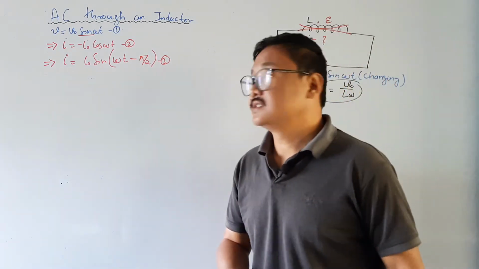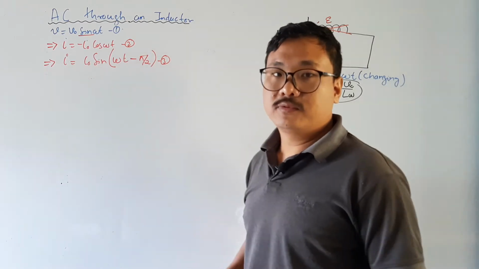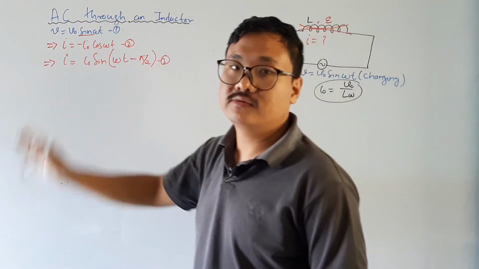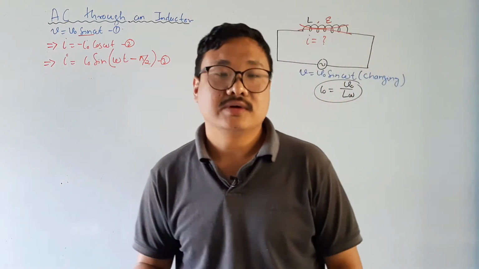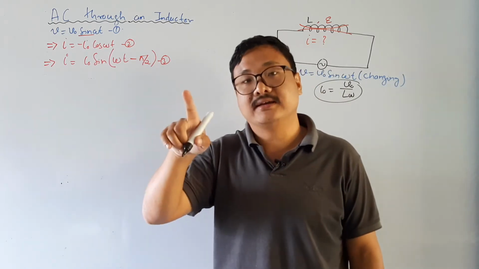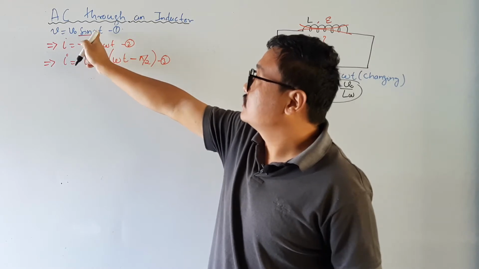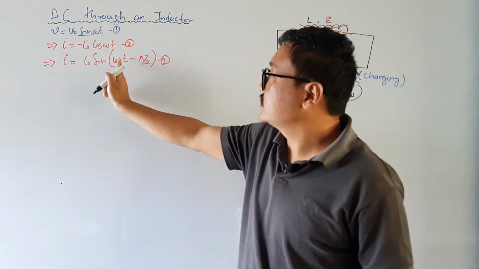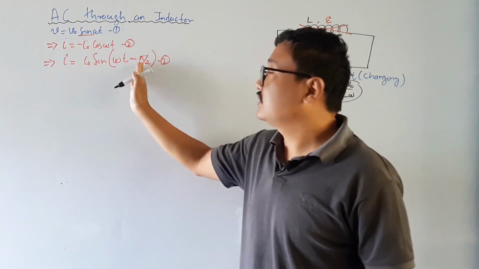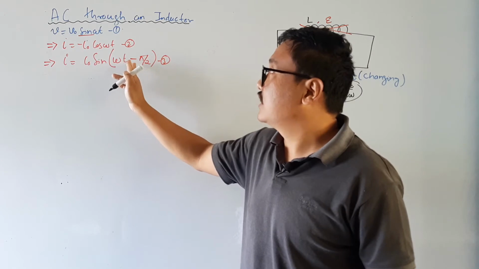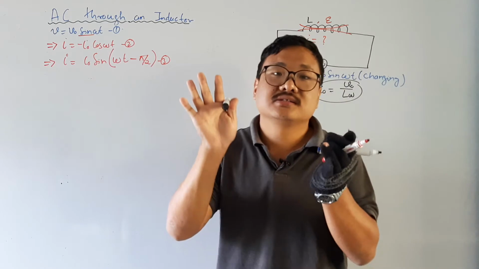So our purpose is done. In voltage I have sine, in current I have sine. So our purpose of finding current and the voltage is now done. Now what we need to see is the phase difference. What is the phase difference? Phase is the angle. Phase is the angle of sine. Okay. So here the angle of sine is omega t, but here the angle of sine is omega t minus pi by 2. Are they same? No. Something is different, right? Omega t minus pi by 2 is here. Here is only omega t. What does it mean? It means that there is phase difference.